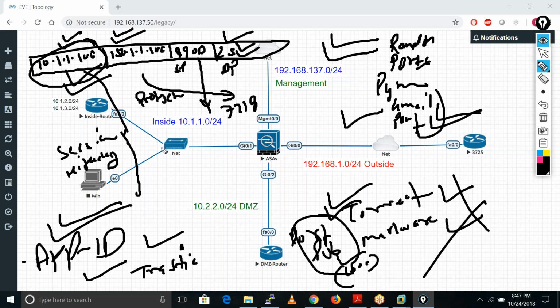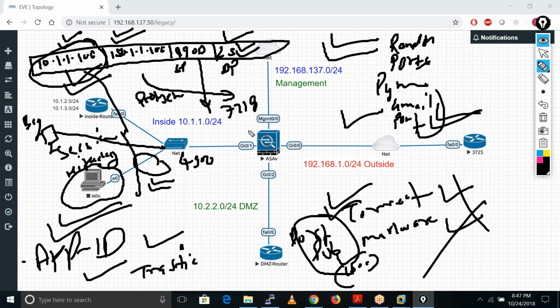Because what happens sometimes, let's suppose you are the right guy here. Maybe your colleague is not a right guy. He is a bad guy. And somehow he sniffs your traffic and gets the port number of your PC, like you are using this port. So maybe some bad guy sitting here can reply by using IP spoofing. These are very high level concepts, man. IP spoofing.